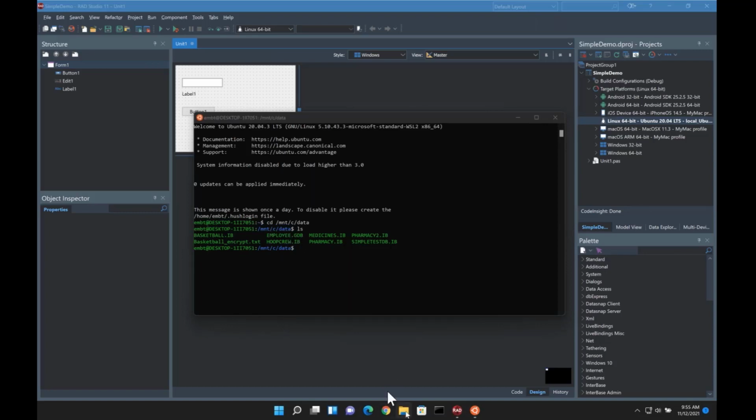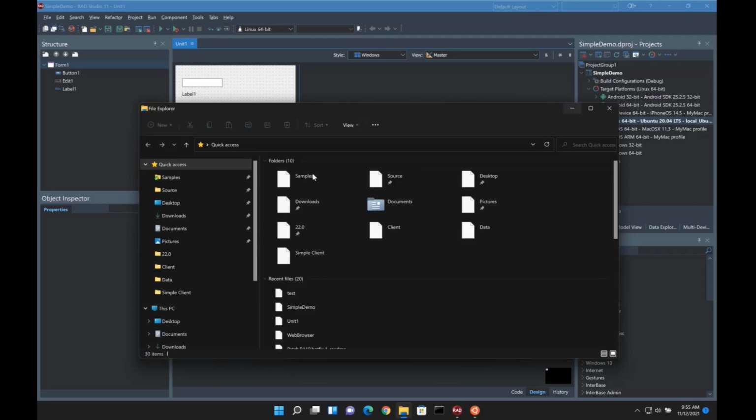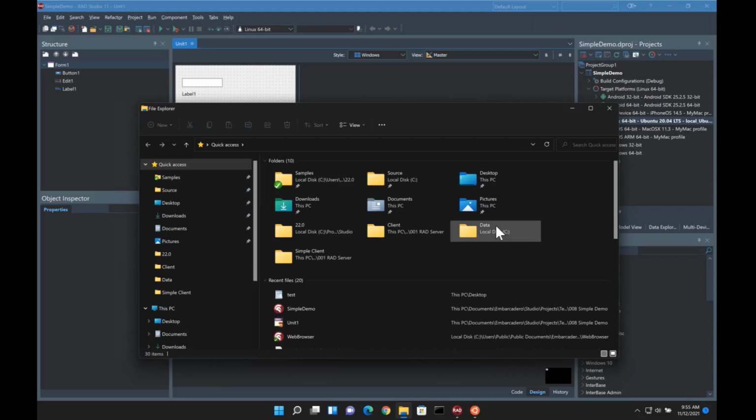I've got that opened up and you can see these files exist in there, which is pretty cool, to be able to access your local file system directly from the Linux subsystem on Windows.